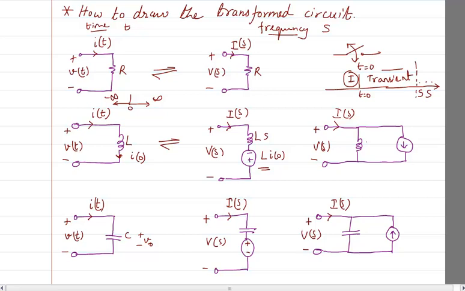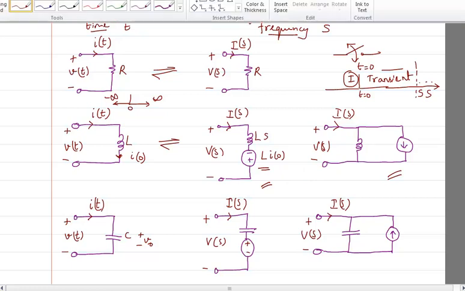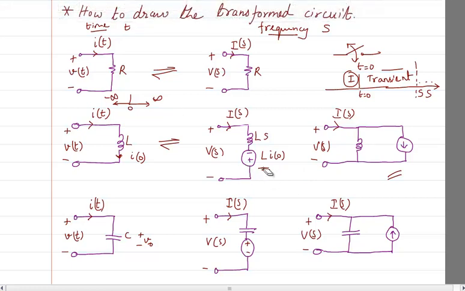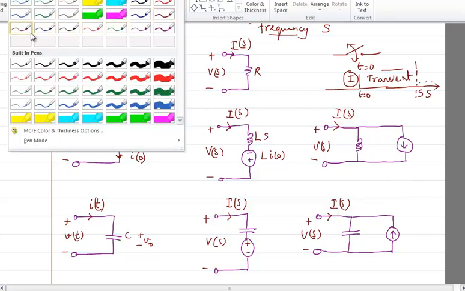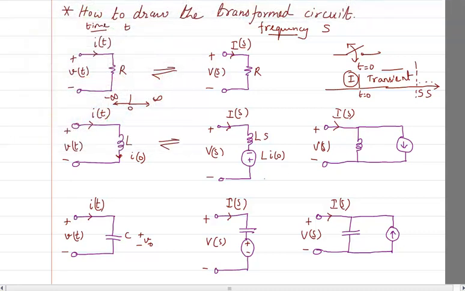what is the circuit when we are considering it as a current source? So you might be thinking, why am I having two circuits? See, two circuits are there because both of them are analogous. You can either use this circuit or you can use this circuit. It's based on your choice. Generally, what I prefer to do is I use only one of the circuits, which is this circuit, the first one.